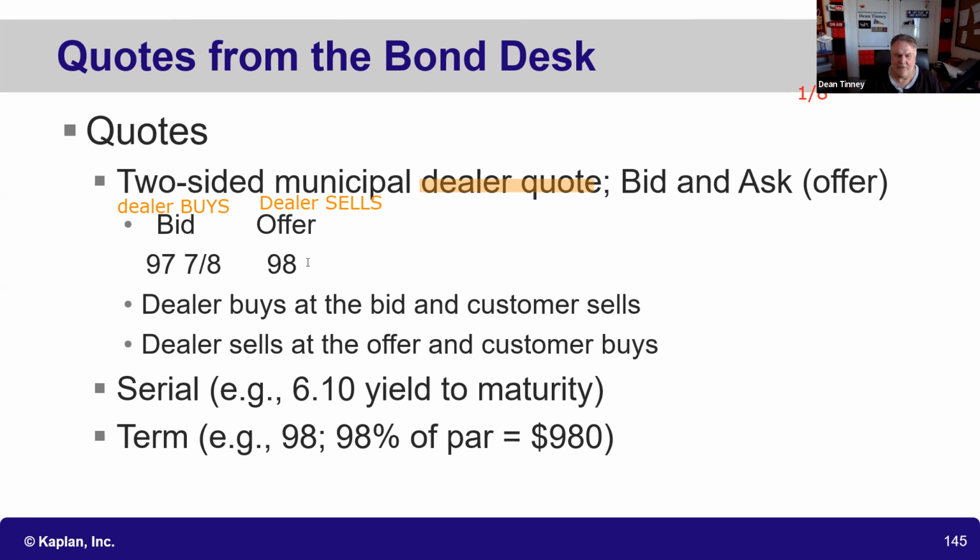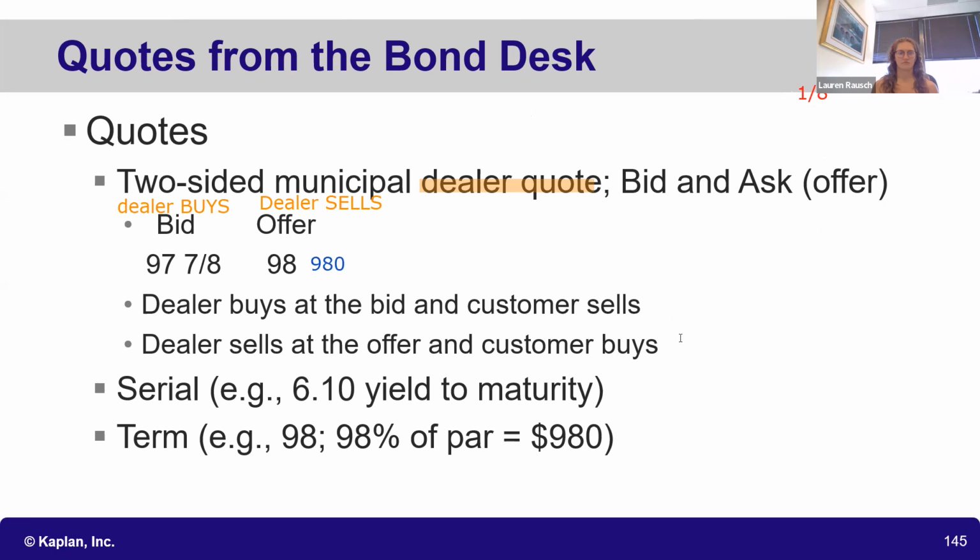So 98 is $980. A percentage of par. Par is 1,000. That's very testable. And you know, par for preferred is 100. Now, a lot of times people get hung up on the 7/8. And so one thing we definitely want to know is that 1.1% of par